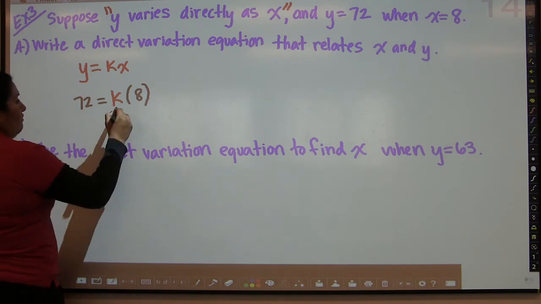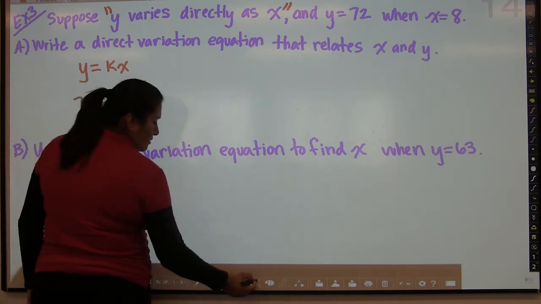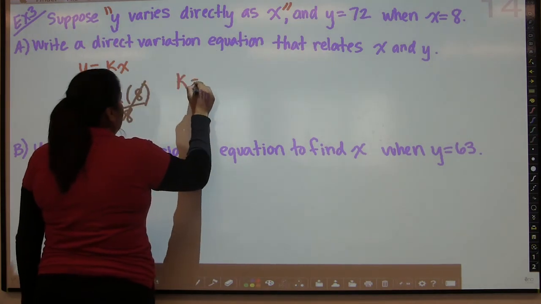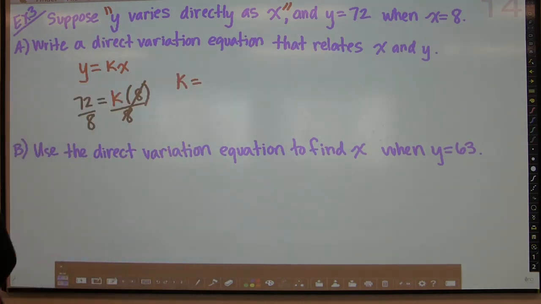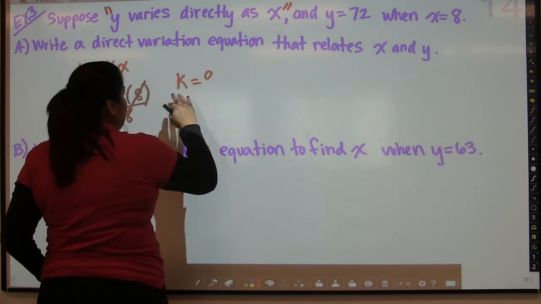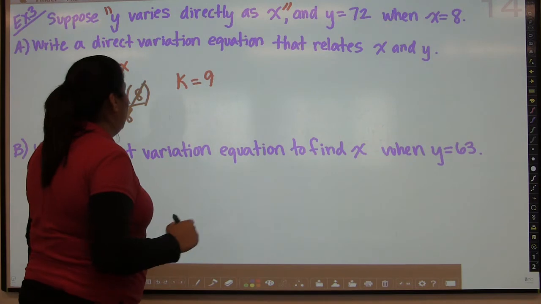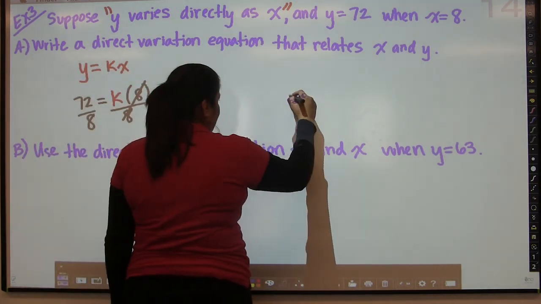So now I just solve for k by dividing by 8. And it turns out that k is equal to, let's see here, 72 divided by 8, which is 9. So once I find my constant of variation, I can put it back into my equation, and I can give my final answer